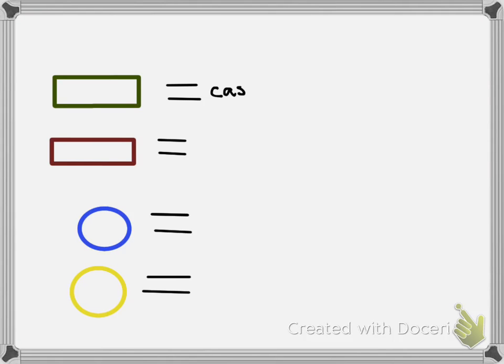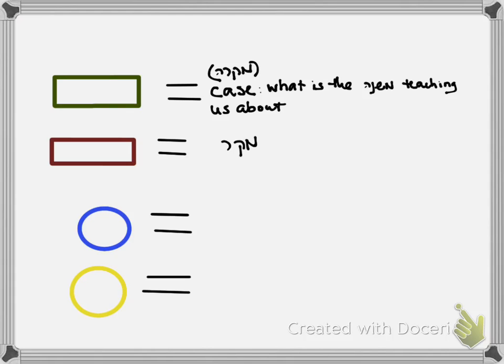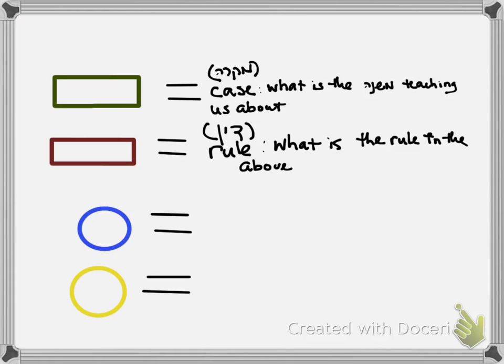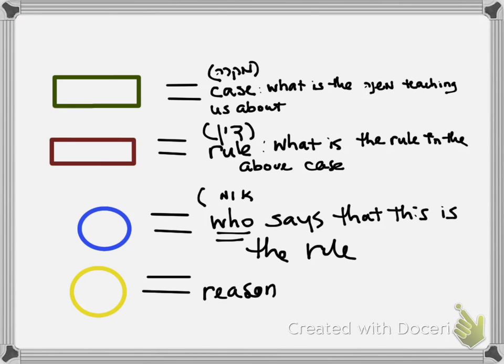Okay, so a Mishnah has basically four parts. The first part is that of a case, which we call a mikra. The point of a Mishnah is to teach us about a specific case that we will highlight in green boxes. The second part is the din, the rule about that specific case. That will be in red.